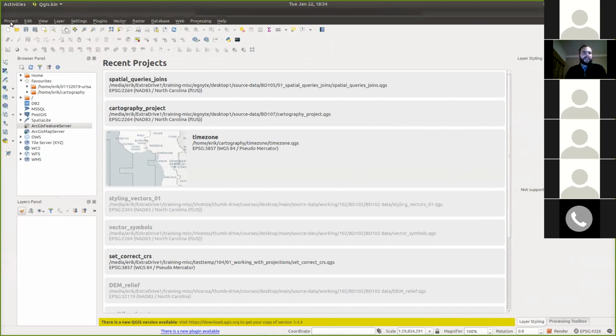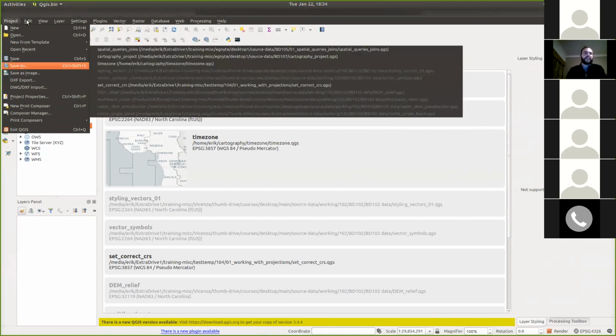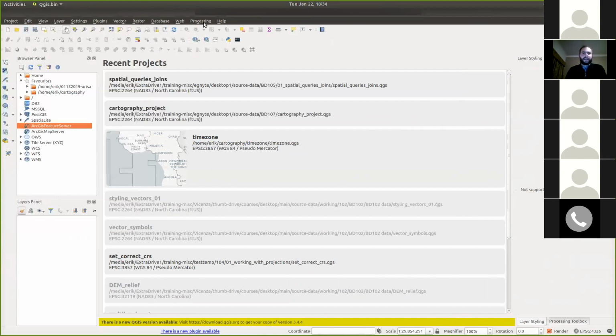You've got all your usual menus across the top. Instead of a file menu, you've got project, but you find the usual file menu things in there, your edit menus for copying and loading data, all the usual stuff. Down the left side of this, we've got